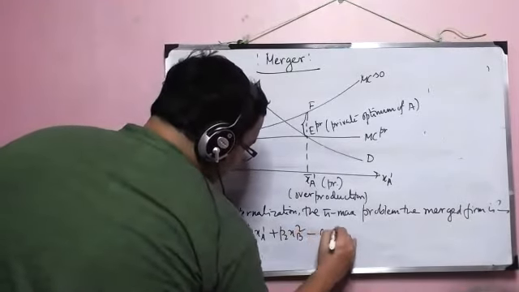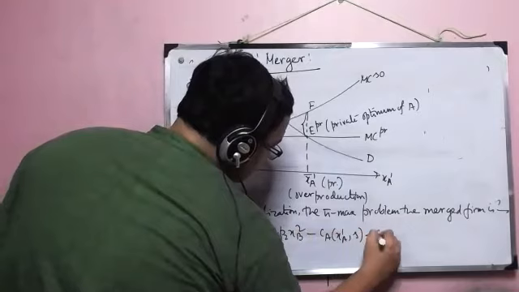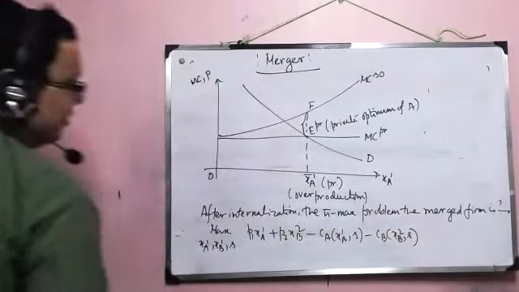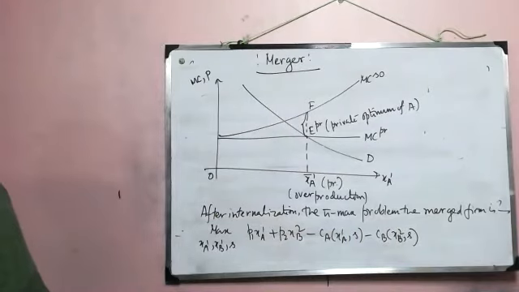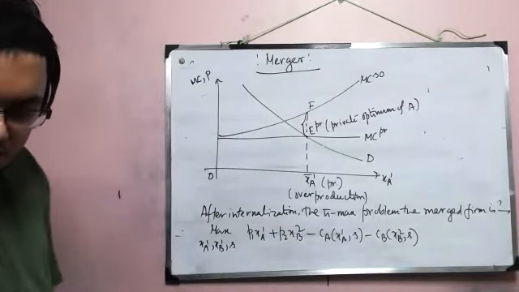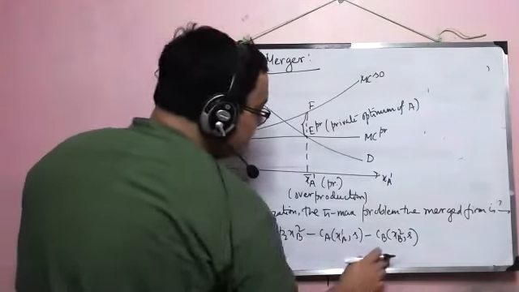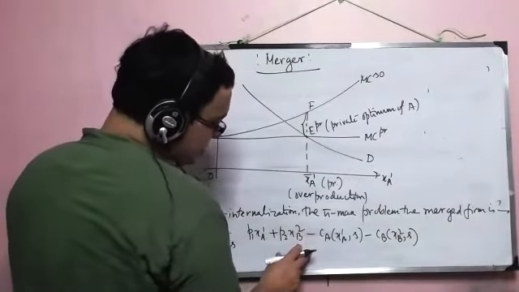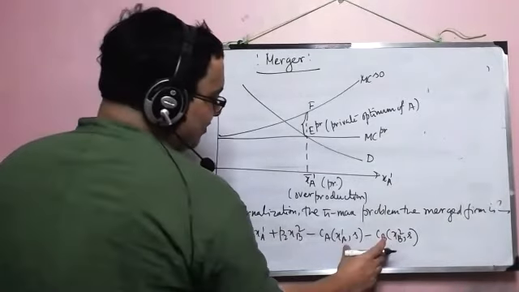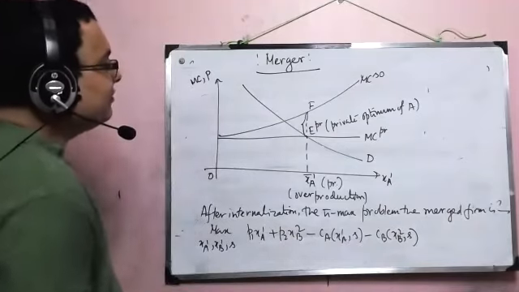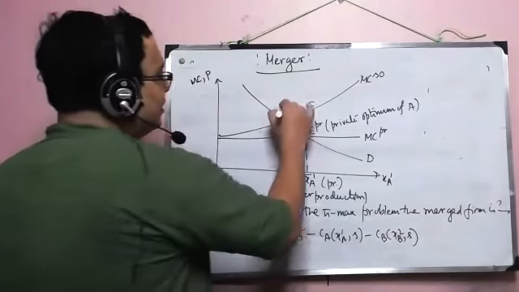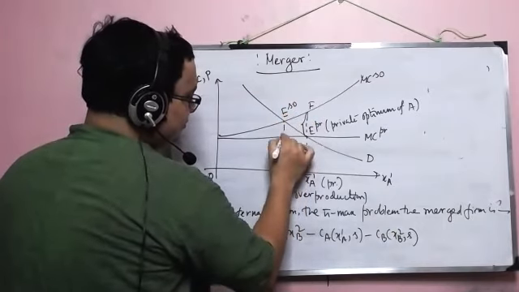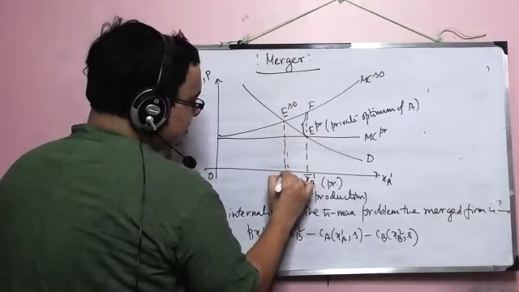Minus, now you have cost of both. So XA1, S, XB2, S. Okay. So now this shows that if I go on differentiating, which we'll do in the next session, we'll have the marginal cost whereby we'll be differentiating the sum of these two costs. And that will lead us to a point of equilibrium, which is this one.